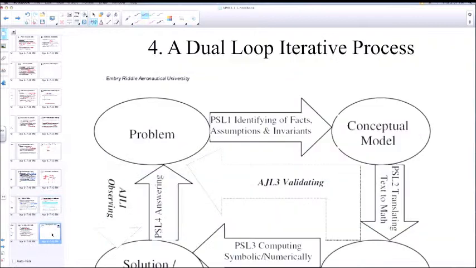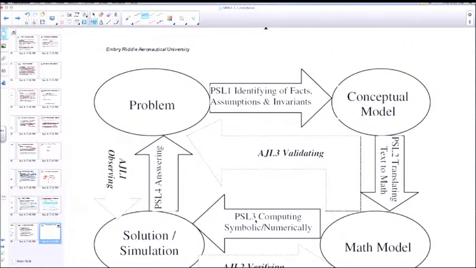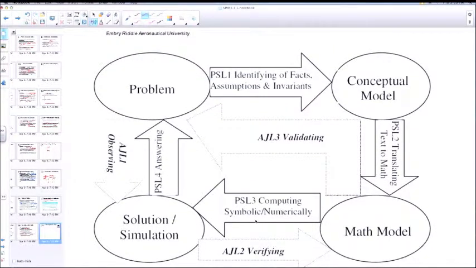Next, look at the process. We are not going to have much time to deal with the detail. I just want to emphasize the 2 loops. And later on, you have a lot of examples where we run through this process. The 2 loops: you start from a problem written in English, and you end up with a mathematics solution. In the middle, you have a mathematics model. But before you build the mathematics model, I emphasize this conceptual model to increase the traceability, to give you a stepping stone to scaffold ideas. So the first loop is this loop,